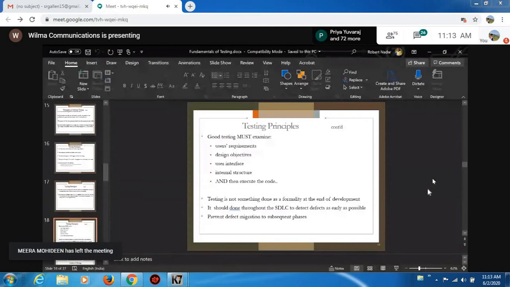So up to now, we discussed what testing is, what software testing is according to ISTQB, the reasons why we get defects, why we need to conduct software testing, and what principles we have to follow while conducting testing.